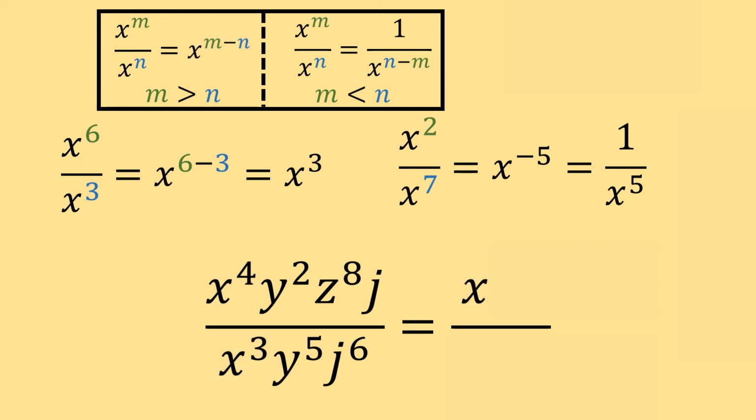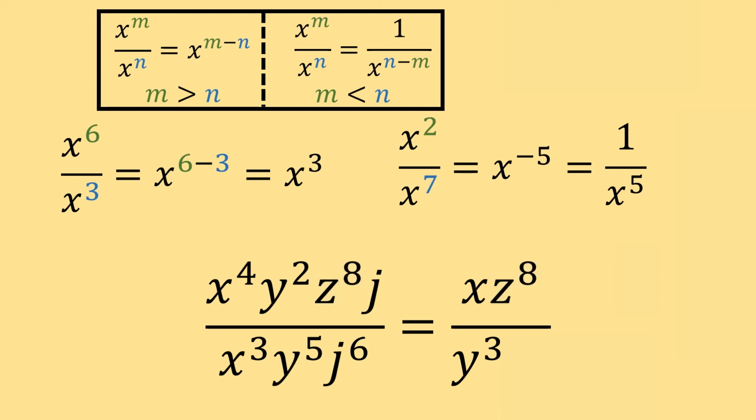Next, let's look at y. We have y to the 2nd over y to the 5. Since 5 is larger than 2, and y to the 5 is in the denominator, we can use the second form of this rule, which tells us that we're going to put y in the denominator, and its power is going to be the n minus m value. Since n is 5 and m is 2 here, I'm going to have 5 minus 2, which is going to give us 3. If we look at z here, we have no power in the denominator of z, and so we can't do anything, so we'll just bring that over in the numerator as it is.